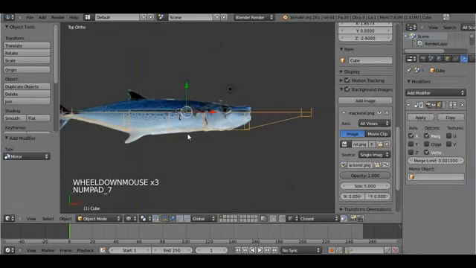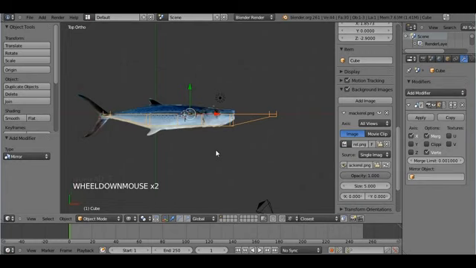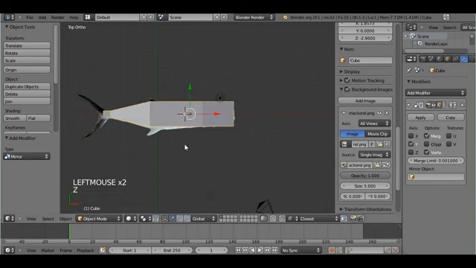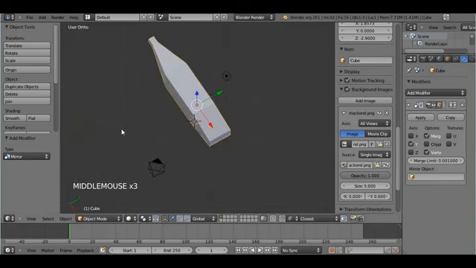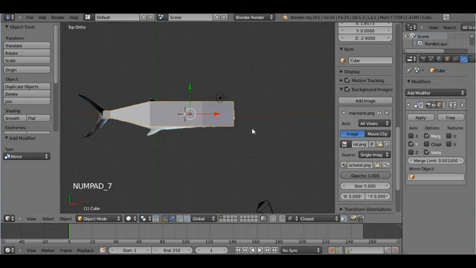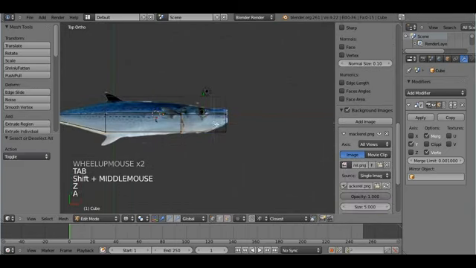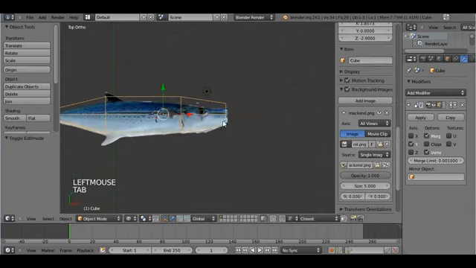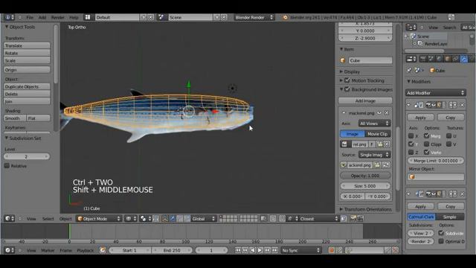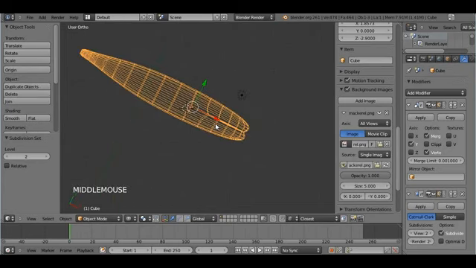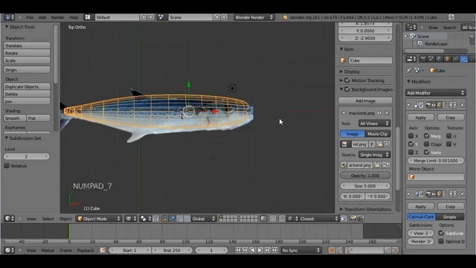And since we started modeling in front view, but we actually were looking at the side, we need to change the mirror from X to Y. And now our fish is mirrored. Okay, so once we put a subsurface modifier, press Ctrl 2, on this you'll see a weird thing happening,